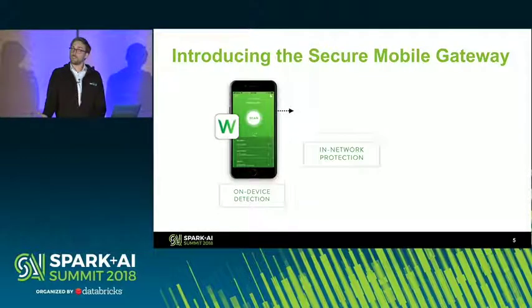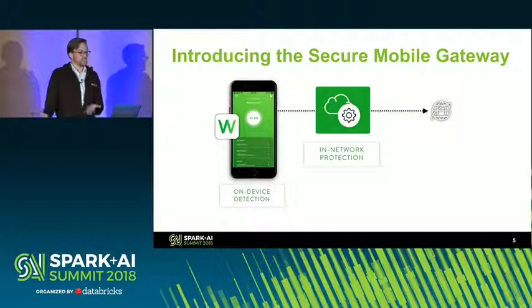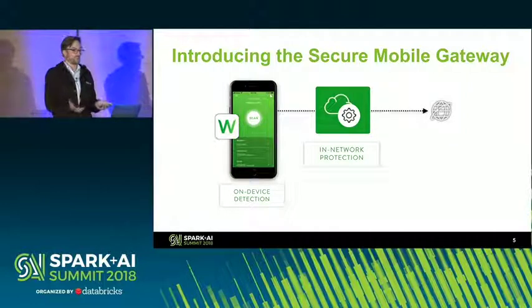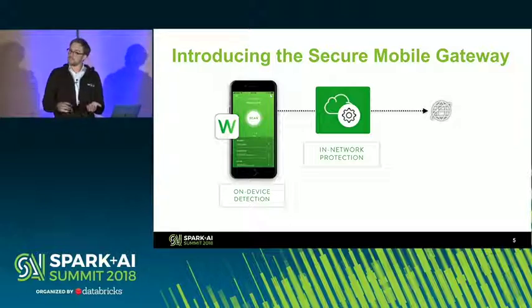So what do we do to get around this? Well, I can introduce to you now the product that we offer, which is a secure mobile gateway, which offers both on-device protection through an app that we use and network protection. So we can see all the traffic that the users deployed on our system go through. So we see all their traffic, all the apps they download, all the apps they install, as well as the traffic that those apps create.